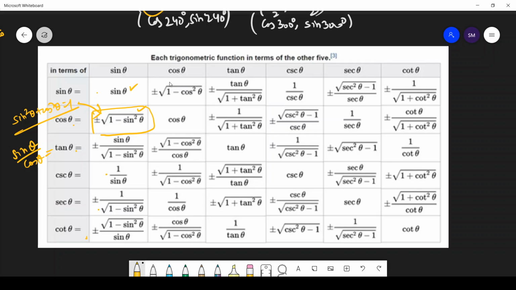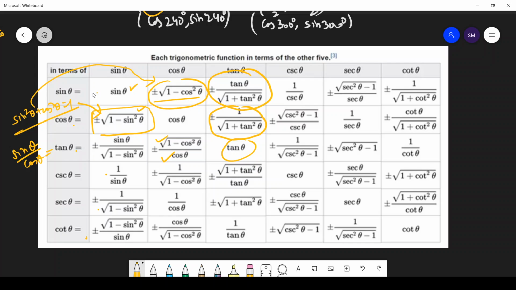So now you're writing sine theta in terms of cos theta. Same formula we are going to use here also. And here sine theta upon cos theta. So what is sine theta upon cos theta? And now these three are just inverse. So students, isn't it easy? Now sine theta in terms of tan theta, you can do this yourself, right? We are running short of time, so you just need to find 2, and then dividing those 2 you will get tan and then this and then this.